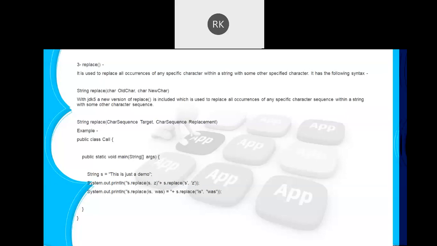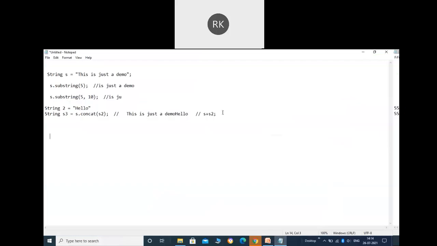All right. And you can see here it also has one more format that can take a character sequence. If you want to replace a substring, that is also possible here. So let's say we have the same string, and I'm saying s.replace, and here you specify what you want to replace.